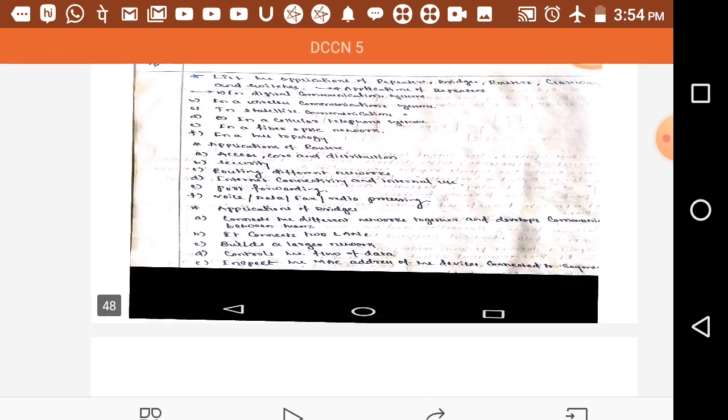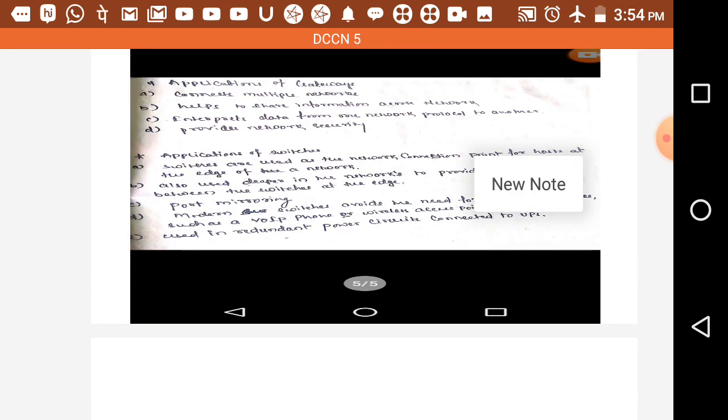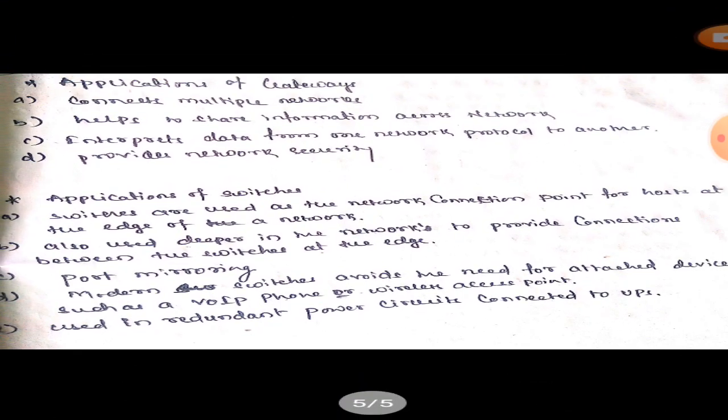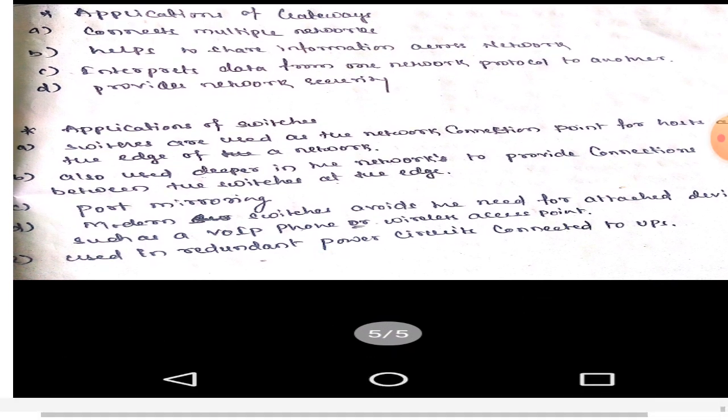Next, applications of gateways: connecting multiple networks, helping to share information across networks, interpreting data from one network protocol to another, and providing network security.